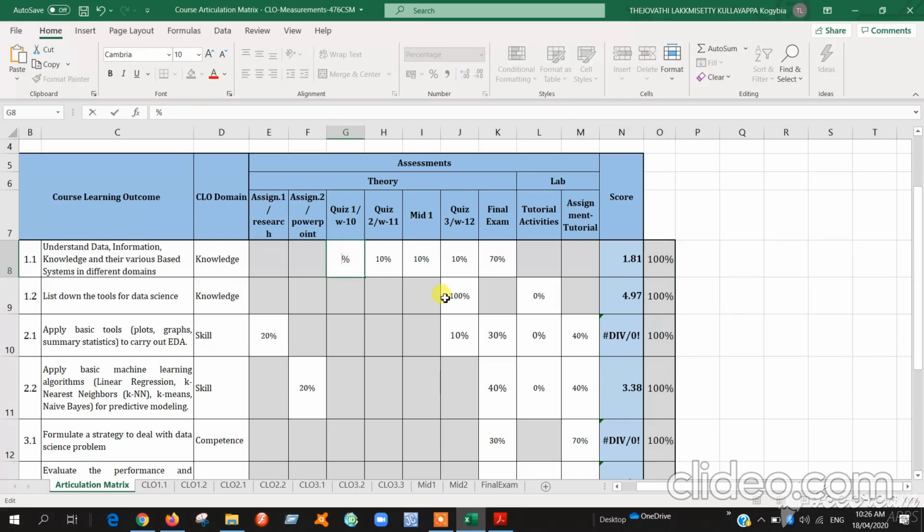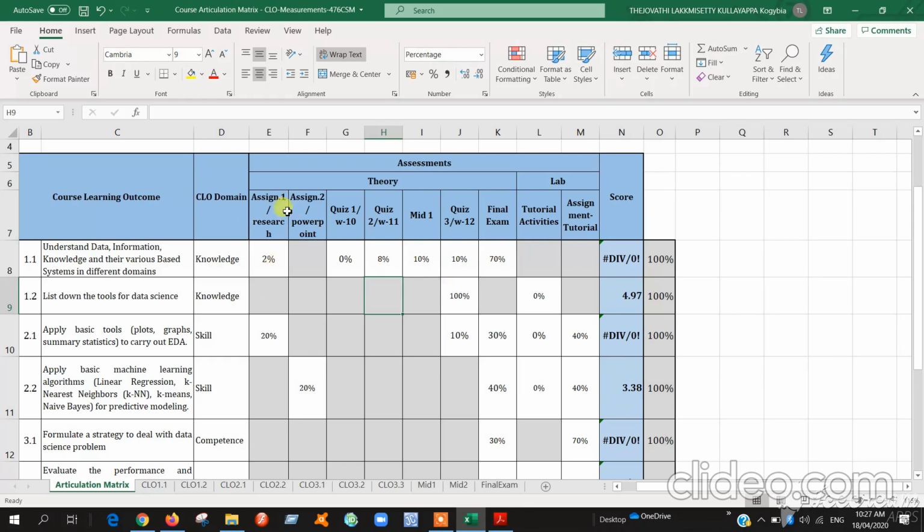If you give maybe 5% knowledge, it will go to 105, and that is not correct, because we are conducting the exams for only 100 marks. So make sure that you give 100% only. You can assign it as you wish. For example, you can give knowledge for assignment maybe 2%, and in quiz 1 maybe 8%. Like that you can make everything clear.